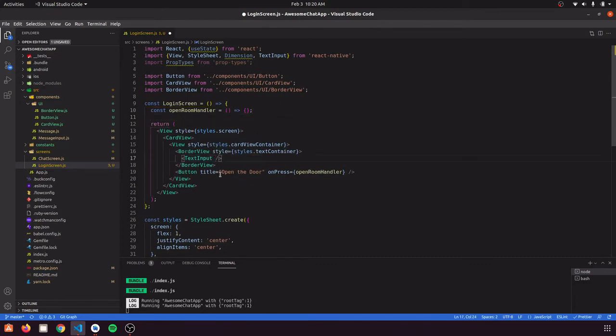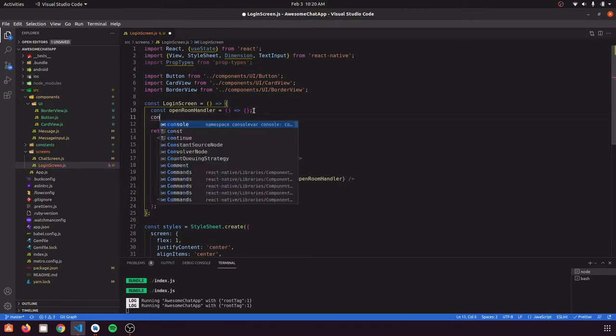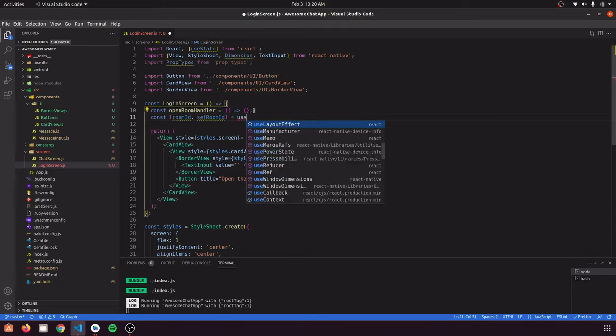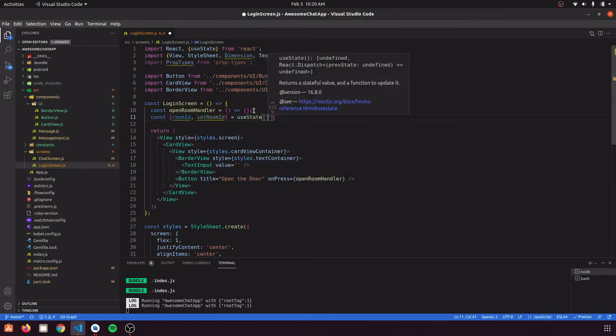And now we are going to give something in this text input, such as its value. For maintaining the state of this text input, we need to define some variables using use state. So let's define this variable as const room ID, comma set room ID, equal to use state, and initialize it with an empty string.